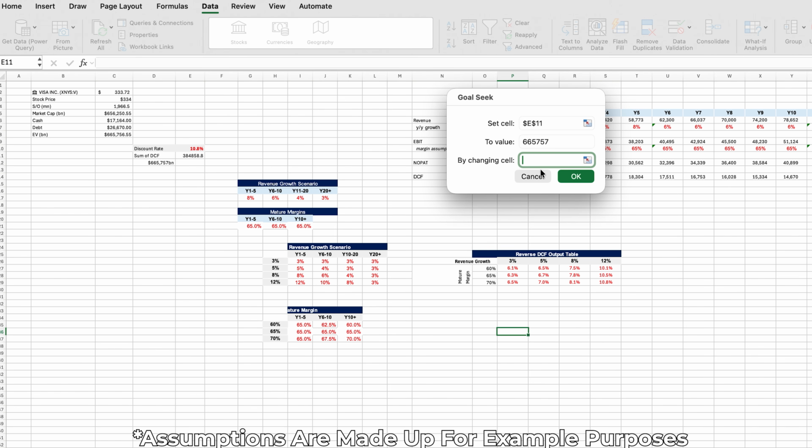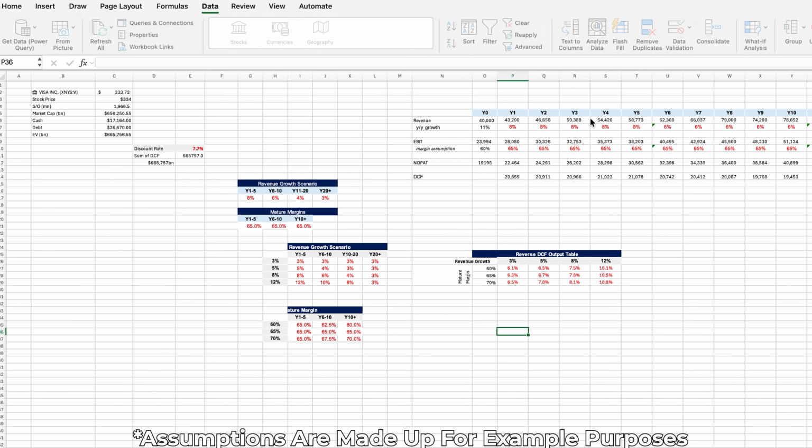So what I basically just said was you're going to have a bunch of cash flows in your DCF, and they're going to become discounted back to today. But at what discount rate? I want you to basically ask Excel what discount rate you need in order to make the sum of all of these cash flows discounted back equal the current market cap. That's what a reverse DCF is. And so the idea is this is a return that is being priced in today. And you could see that this return being priced in today is going to then allow you to understand whether or not this is attractive.